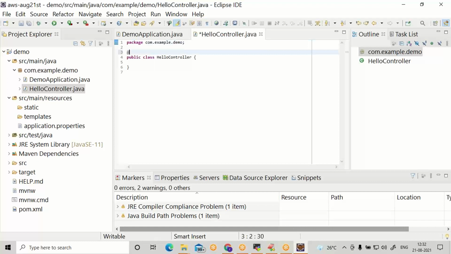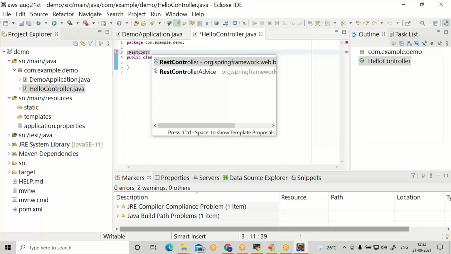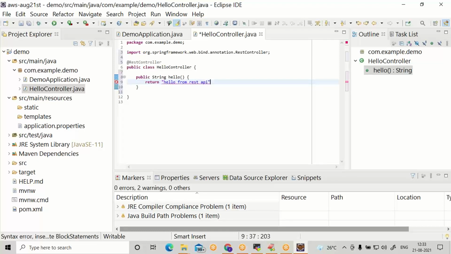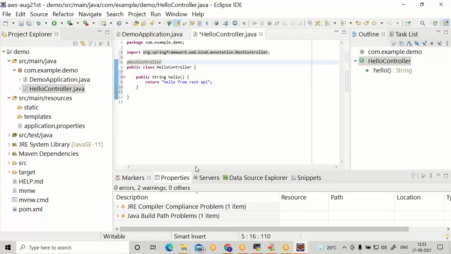Make it as a REST controller. Just develop a simple REST web service. Straight away I can use GetMapping.